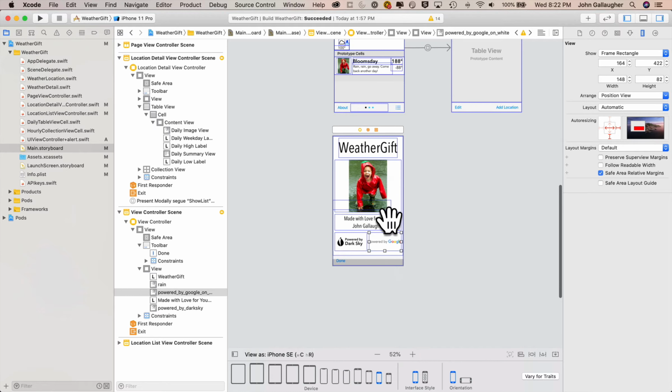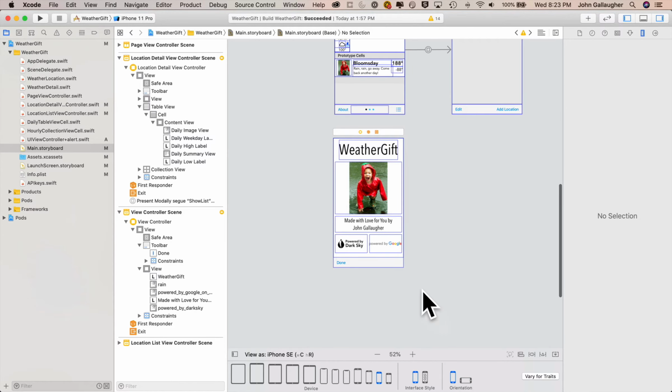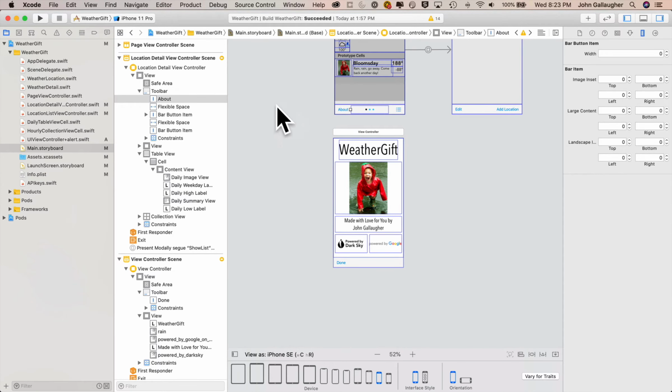This sort of ghost outline rectangle that you see in the center toward the left isn't a problem with the way that we set up our app. It's just a bug in Xcode. We can get rid of that by clicking on the orientation to landscape mode and then back to portrait. And now let's set up our segue from this About bar button item in our location detail view controller. You probably want to click on that in the document outline because it's easier to make sure that you've got that. I'll control drag from the About button over to our About detail view controller, and this segue is going